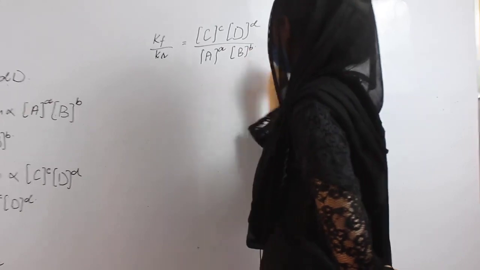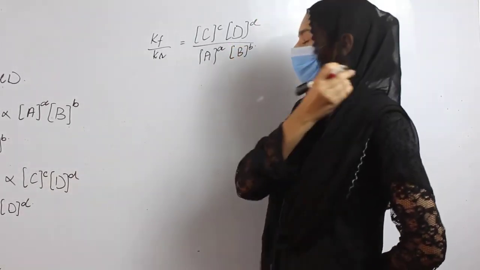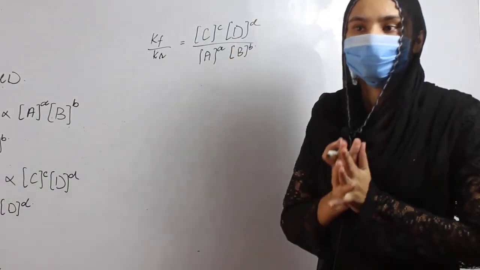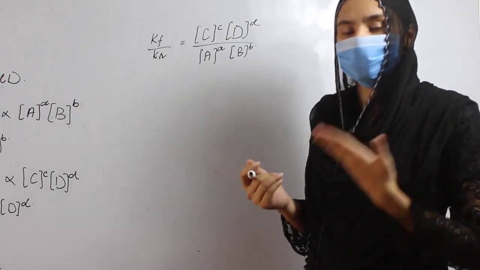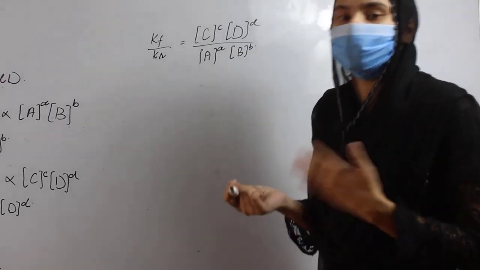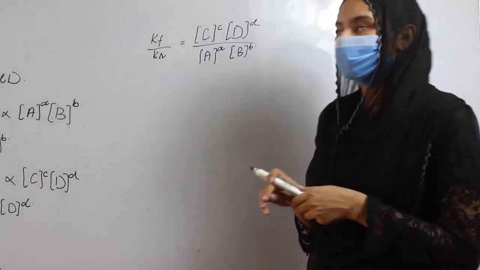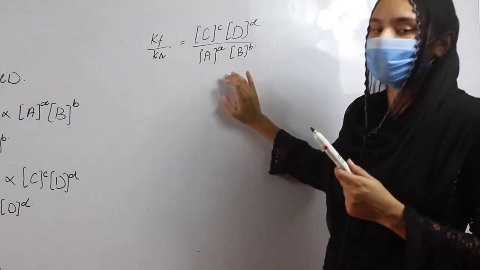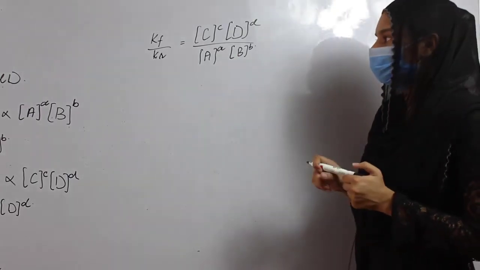In the previous lecture I told you what is a variable and what is a constant, but today I repeat: constants are those things which have the same value, only one value. They cannot be changed under any condition or at any position. But variables are those things which change their values by changing their condition or their space or their position. That's why those things which do not change their value are called constants, and those things which change their value by changing their position or their condition are called variables.